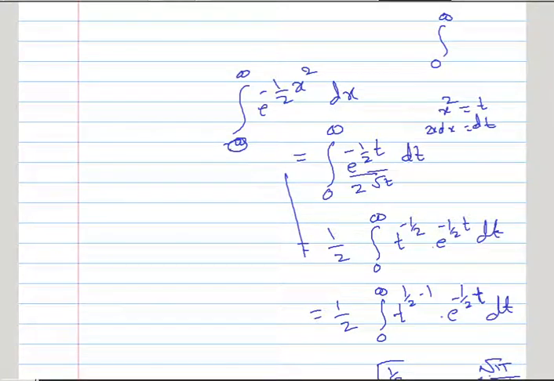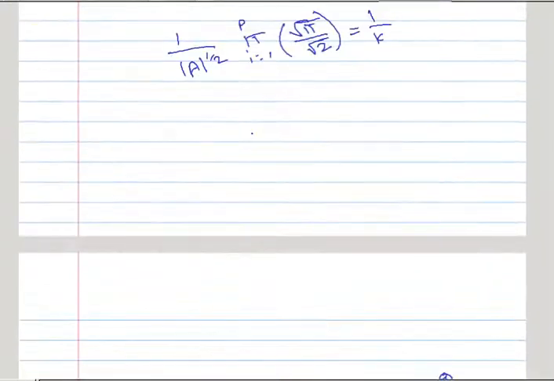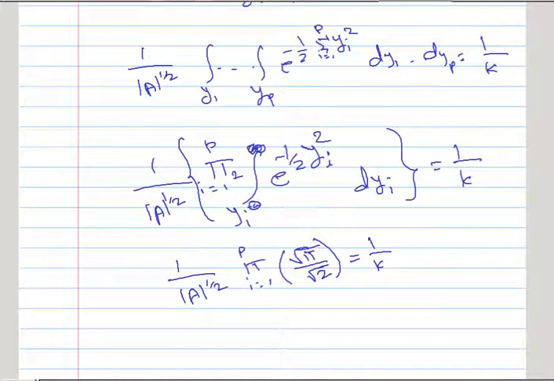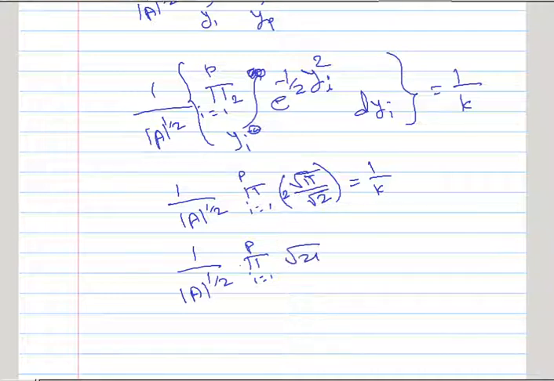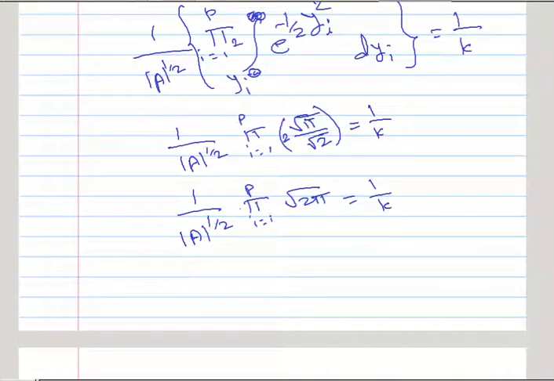So instead of taking minus infinity to infinity, one small correction is there. We will consider 0 to infinity, and that will be 2 times 0 to infinity, and therefore the 2 will remain here, 2 into root pi upon root 2. So this expression will be 1 upon determinant of A raised to 1 half, product from 1 to p. This 2 and root 2 will vanish, and it will be simply root 2 pi. Now this root 2 pi is multiplied p times, so it will be 2 pi, and already this quantity is 2 pi raised to 1 half.